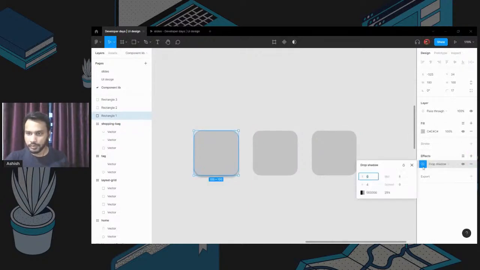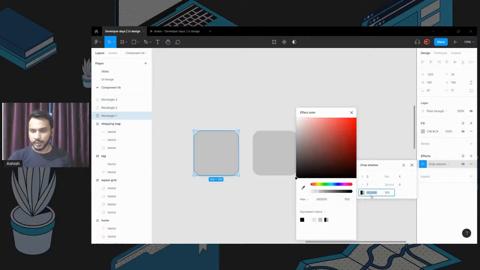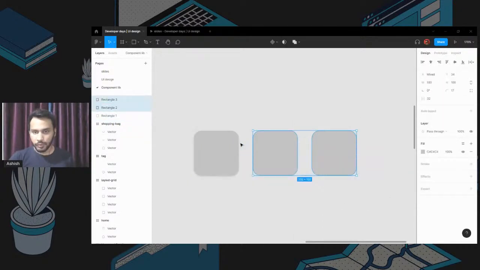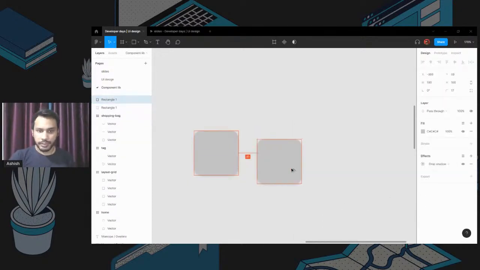So drop shadow, value of 4, 2, 15, because we don't want a lot of shadow. And if you don't want to use pure black, just type 111111 and enter. It will pick up a good black, but not purely black. So what I'm going to do, I'm going to quickly copy that,